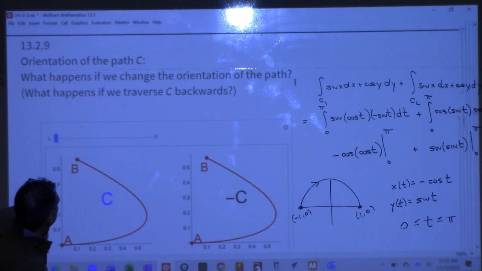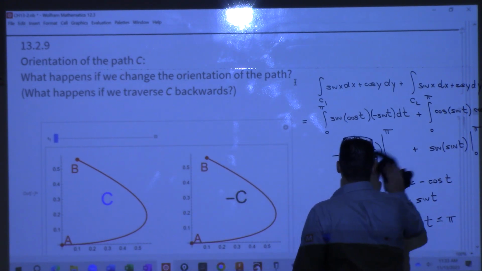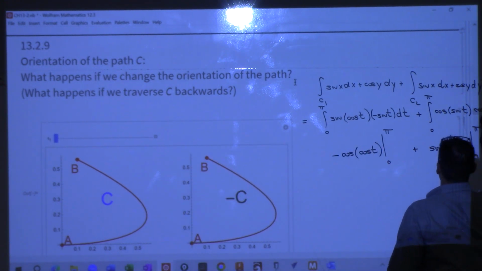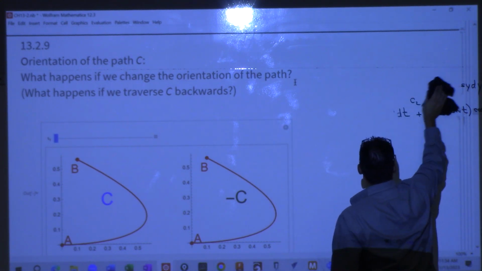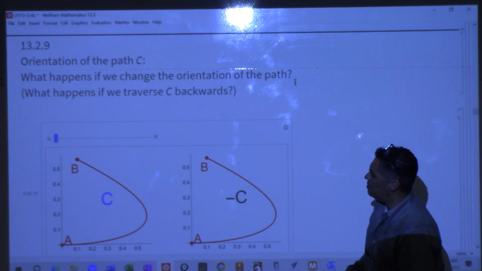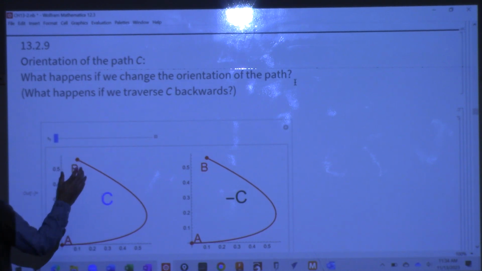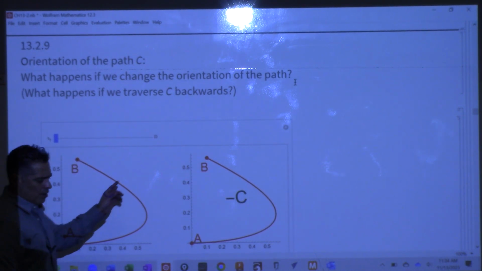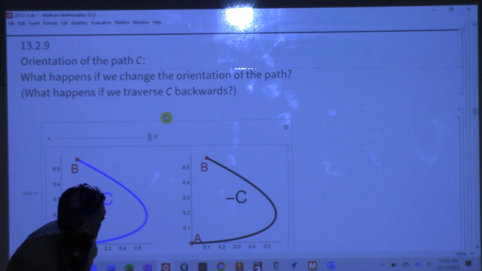All right, so there's a question now that we've talked about this. Does it matter if we do a line integral? Does the direction matter that we traverse that curve C? So, if I say that C is the curve that goes from A to B, we call that C. Then the curve that goes backwards would be called negative C. So you see the way we're traversing those? Backwards, right? So any